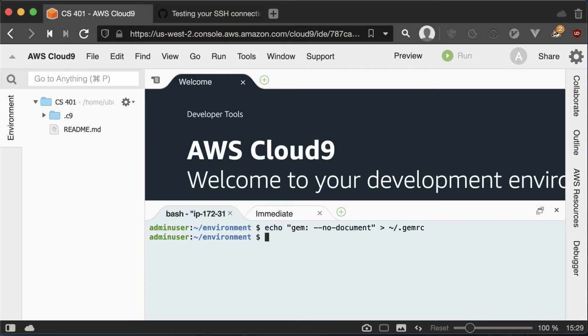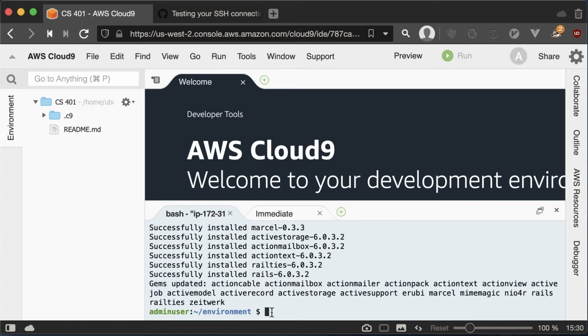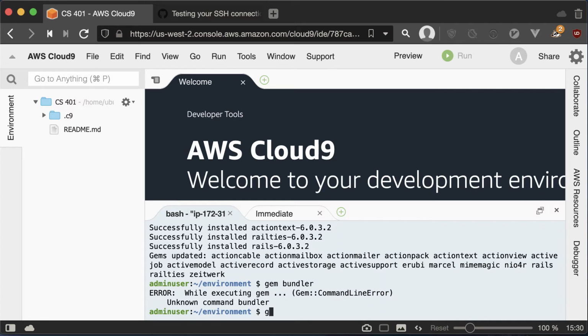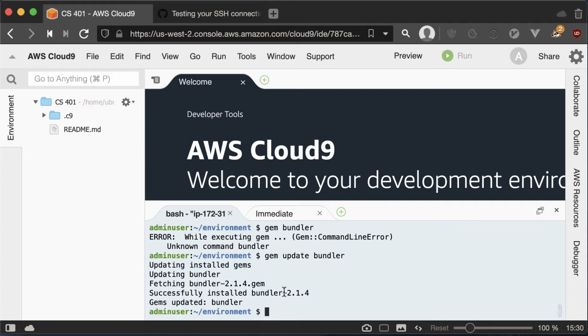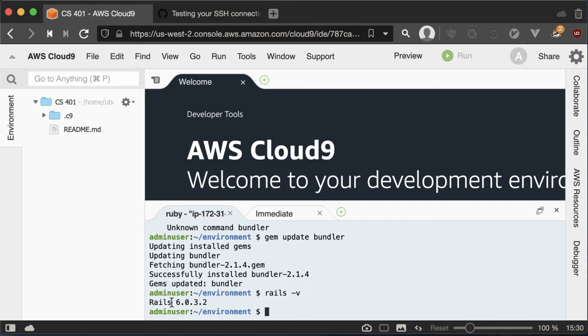So after we've done that, we can type gem update rails, and it will update Rails. Now this might take a little while. Just be patient and wait for it to complete. Now after it completes, we're also going to update this bundler gem. Gem update bundler. Bundler happens to be a gem that installs all of our application's libraries automatically, so that's really nice. And to make sure this all worked, we can go rails -v, and we see that we're on the latest